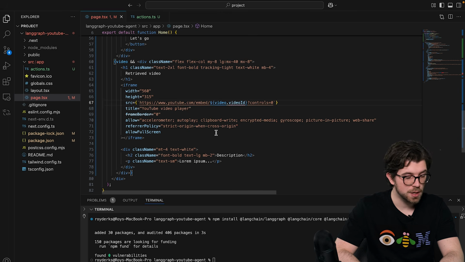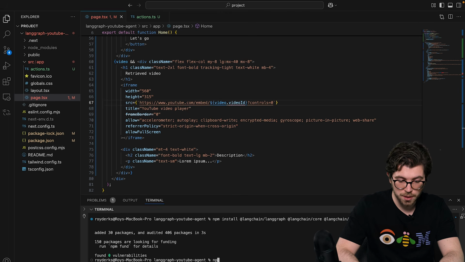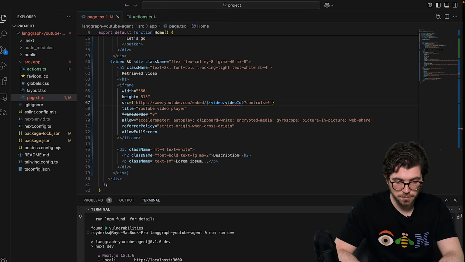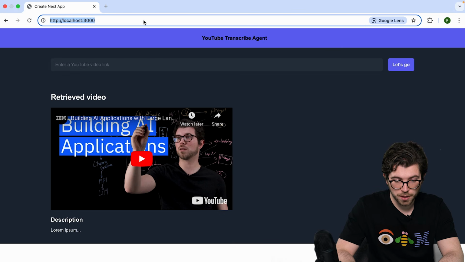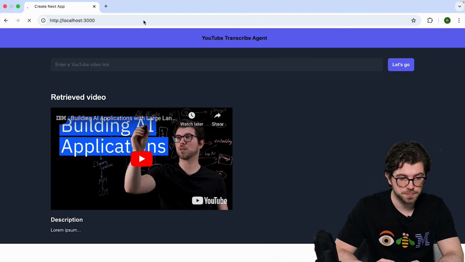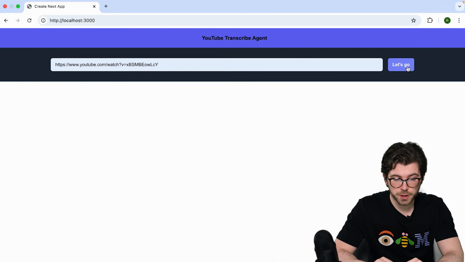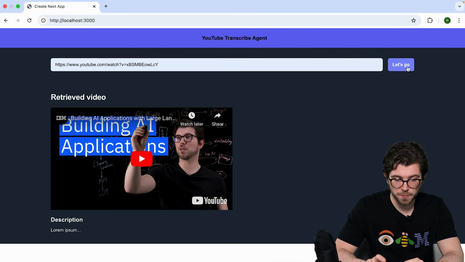Once I save this, we should be able to start our application and view the first part of our application in the browser. I'm going to run npm run dev, and this should start the application. In my browser, I need to make sure I refresh the page and then enter a video link. I probably need to set up a loading indicator so I know something is happening whenever I press this button. But we can see that the video is being pulled in correctly and the video ID is being passed in to the YouTube iframe.